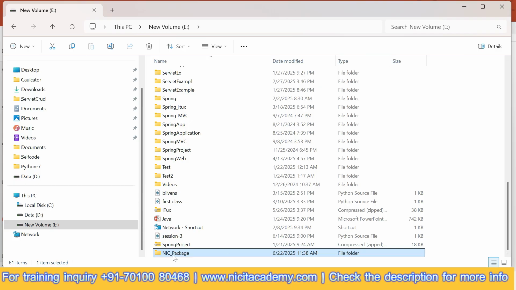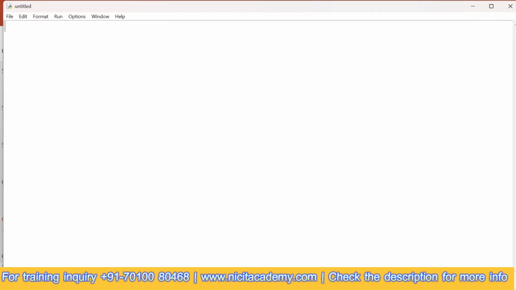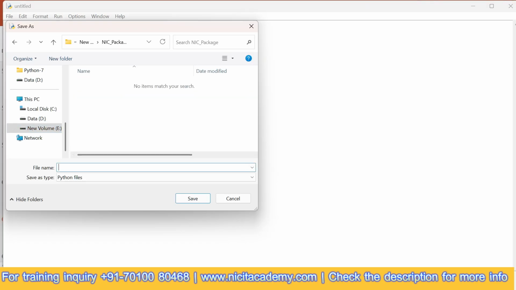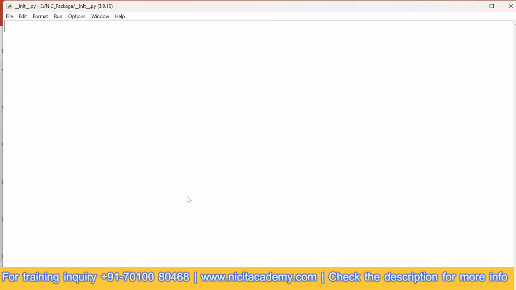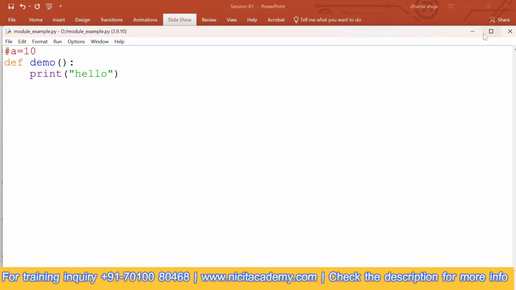Now to make this as a package, you have to create a file here. So I'll have to create a new file in this folder. I will name it as __init__. So it is going to be a Python file only. We will save it. Now this should be an empty file. You don't have to do anything here. Now let's create a module in this package.